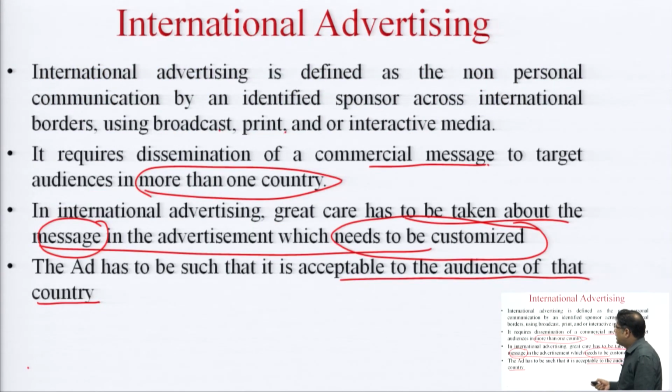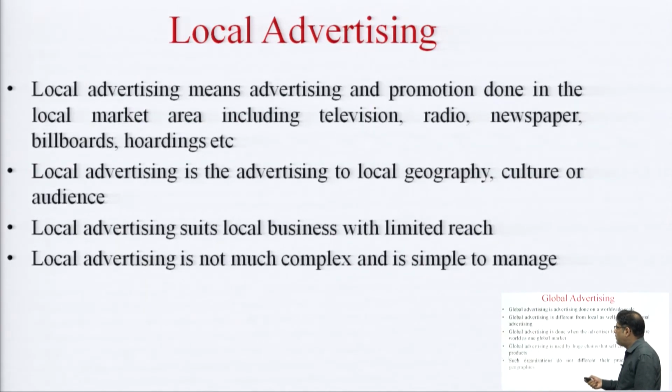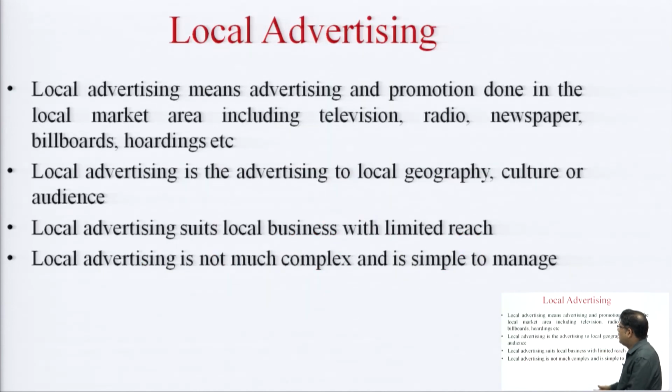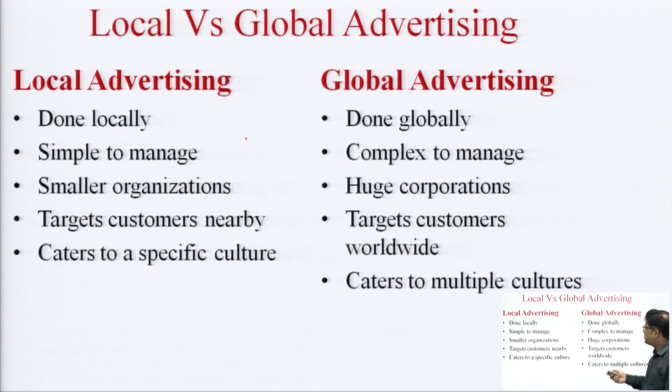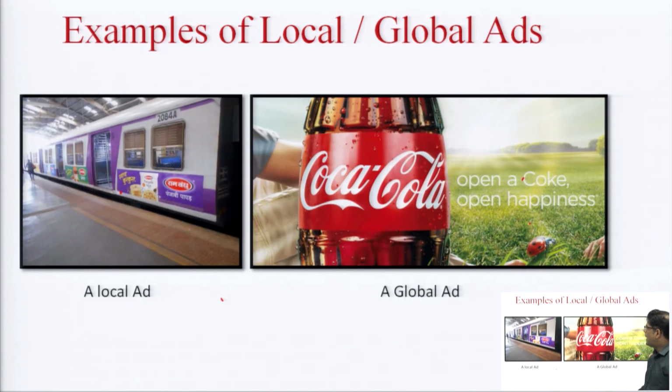So, coming to the end of this lecture, let us quickly recall and recap what we studied in this lecture. We basically dealt with local advertising, as we discussed that local advertising is confined to a particular area and the audience is also very limited and homogeneous. From there we went to global advertising. Global advertising is done across the globe using some very standardized approaches and strategies, and we took the example of products such as Apple and Pizza Hut. Then we discussed the differences between local and global advertising, and these two pictures gave us a clear idea of the differences between local and global advertising.